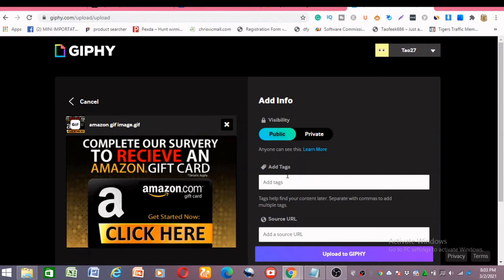The next thing to do is add some tags. To add tags, think of any tags relating to your offer. You can use this method to promote any offer, not only CPA. You can use it to promote a ClickBank offer, any offer. So all you have to do is think of tags relating to your offer. The tag relating to this offer, I think, is giveaway. Just type in giveaway,